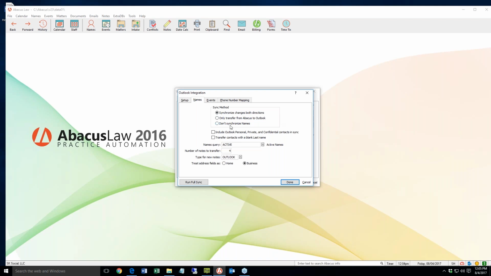Or maybe you just want to turn it off and not sync names at all, okay? So you can make that decision here. You can also, when you sync over names,